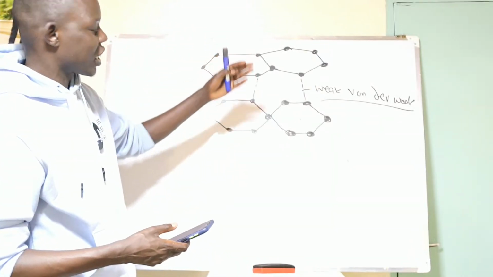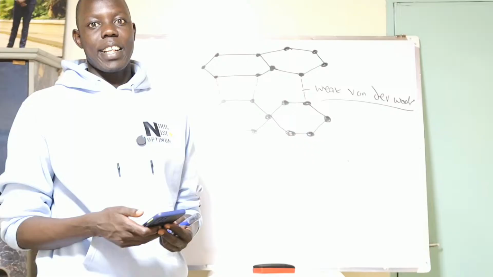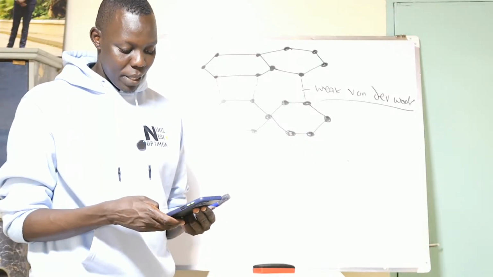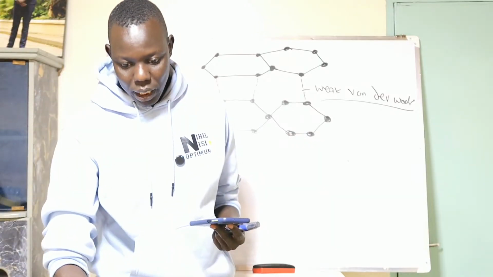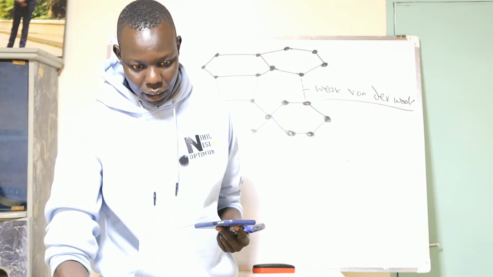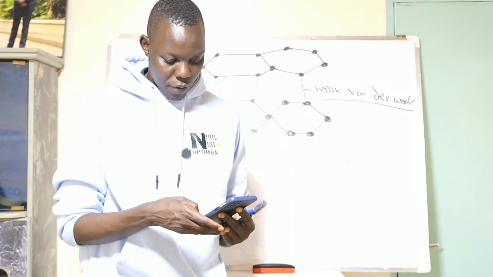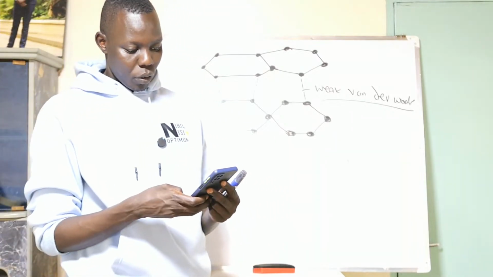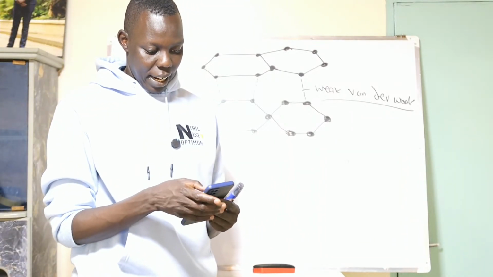So that is the structure of graphite. That's how it looks, and that's how it behaves. Let me check on the other side on the shifting grades. From shifting grades, let me see if there's anyone having a question on the shifting grades.